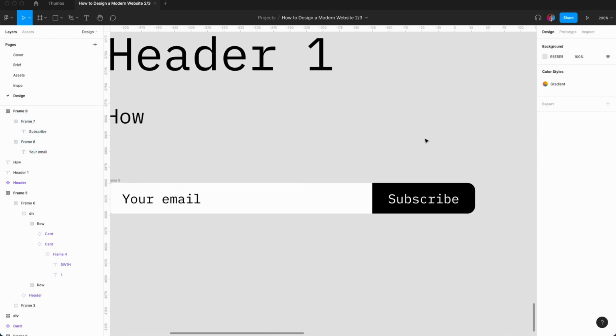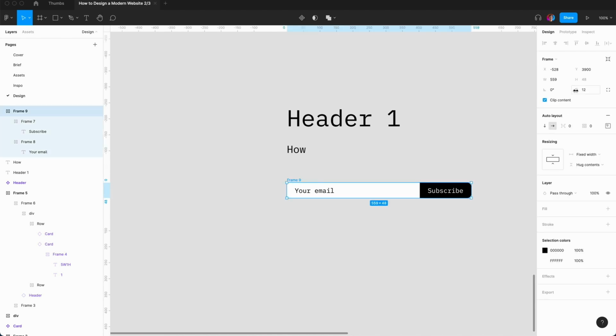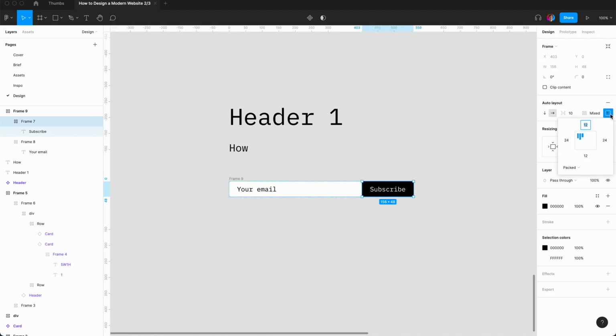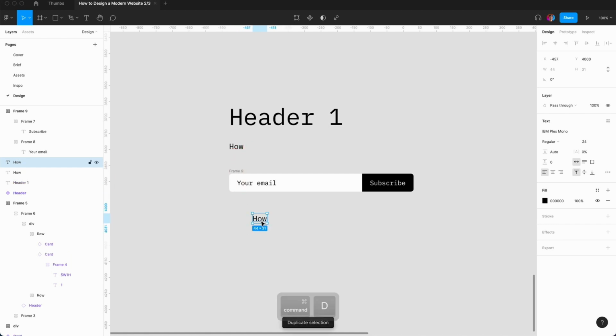Clip content. So now you can see we made that nice rounded style, and we could probably be not too big, and let's be more generous with the spacing. So I'm going to say 16, 16, and this is also going to be 16 and 16 to have some social proof. So I'm thinking that these are pretty big, so I'm going to bring this right down to, let's say, 24, and I'm going to duplicate that, and this is going to be hopefully one of your testimonials.